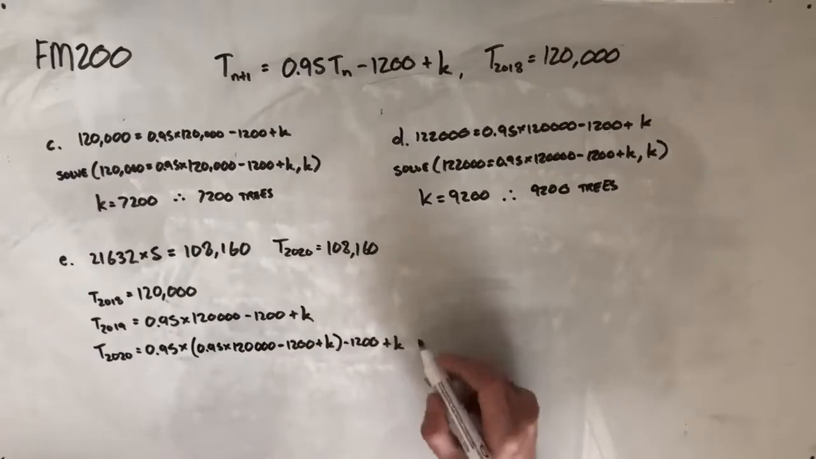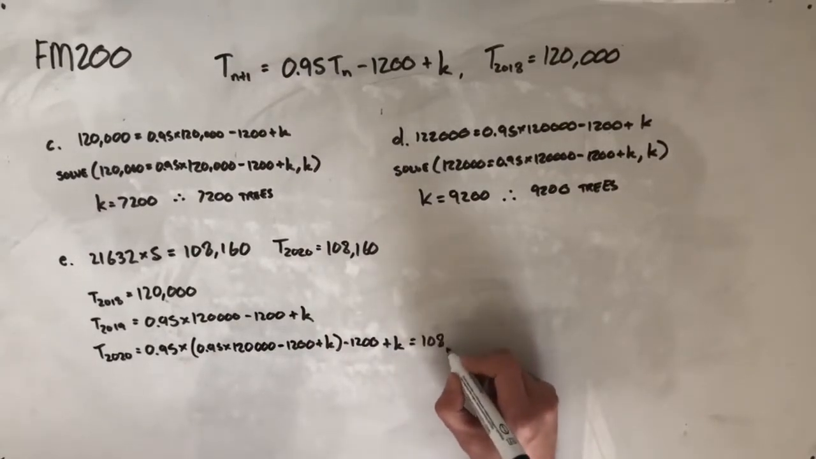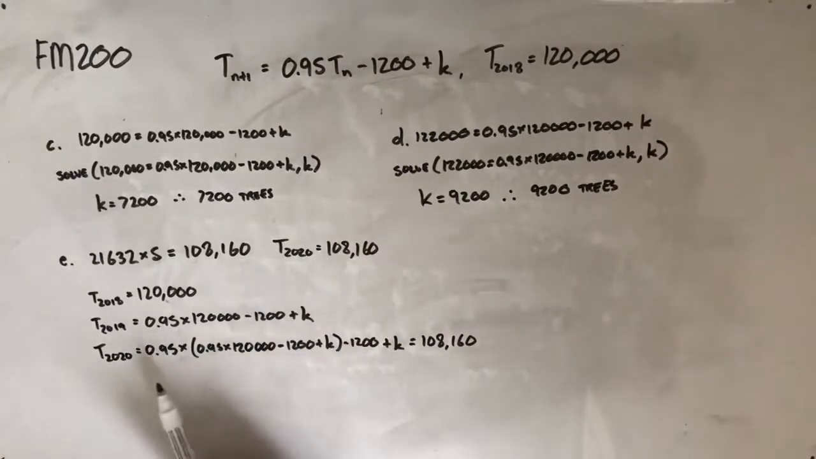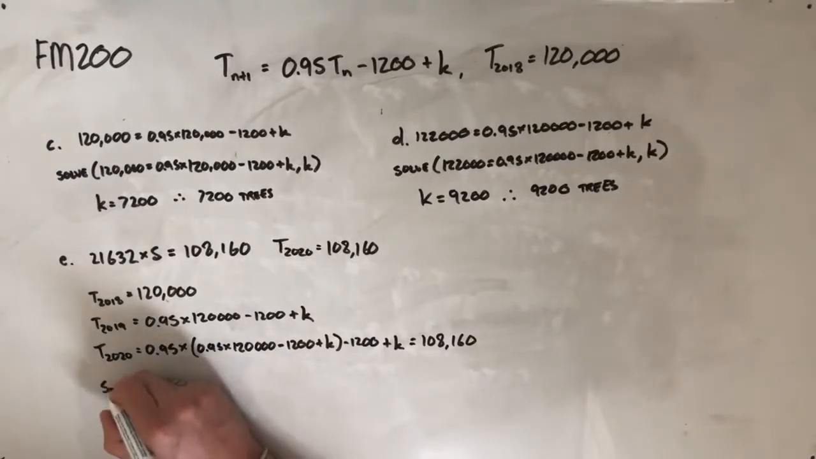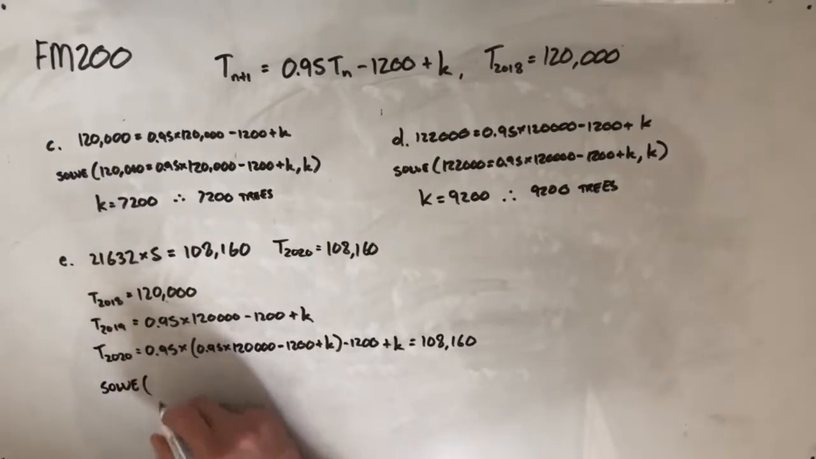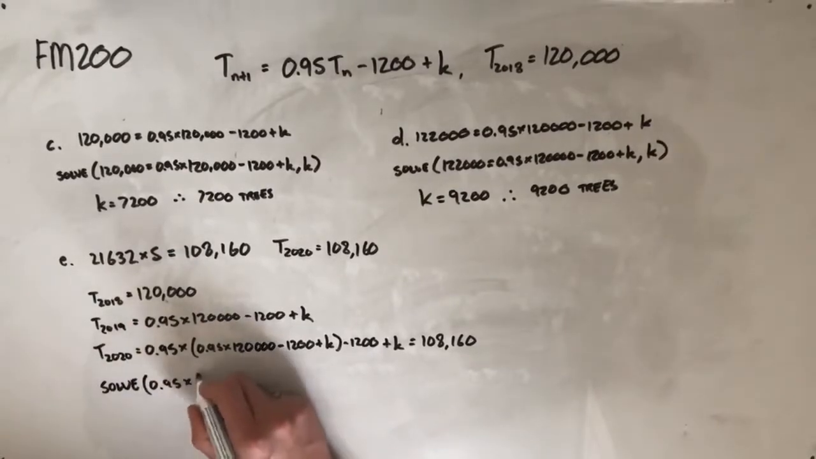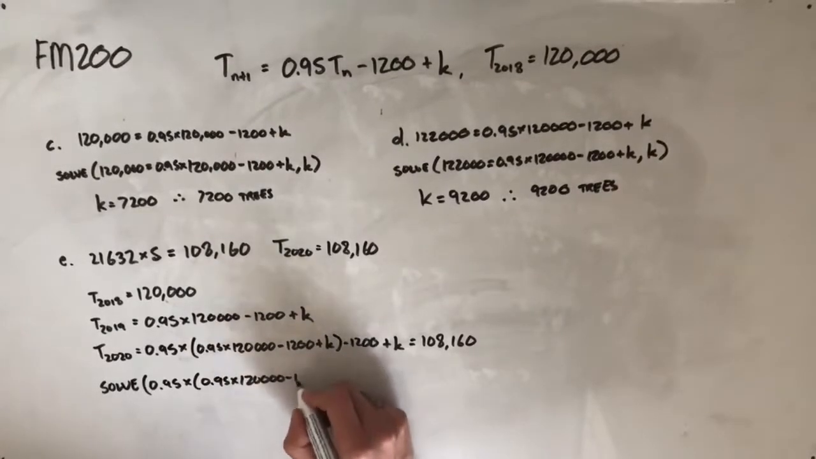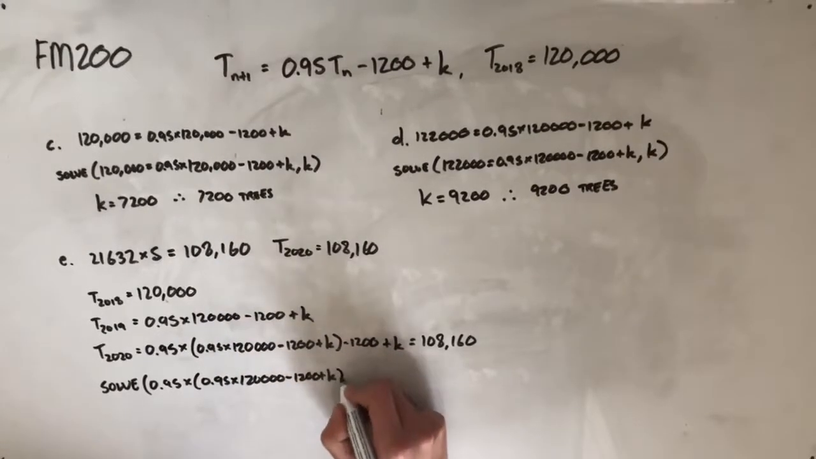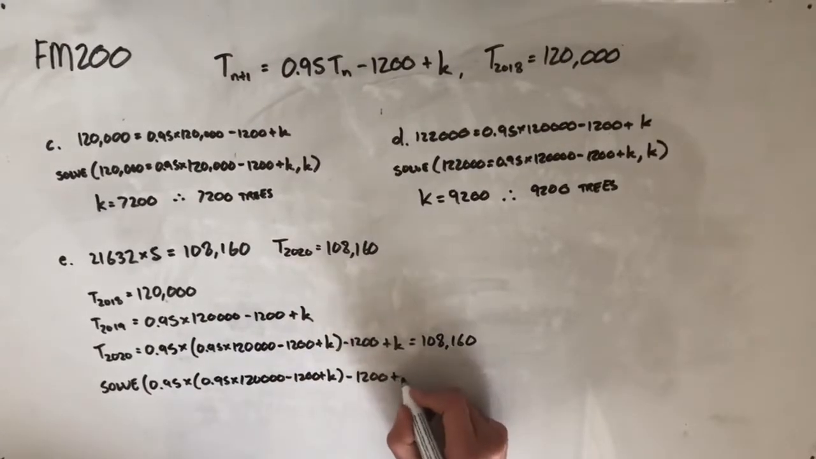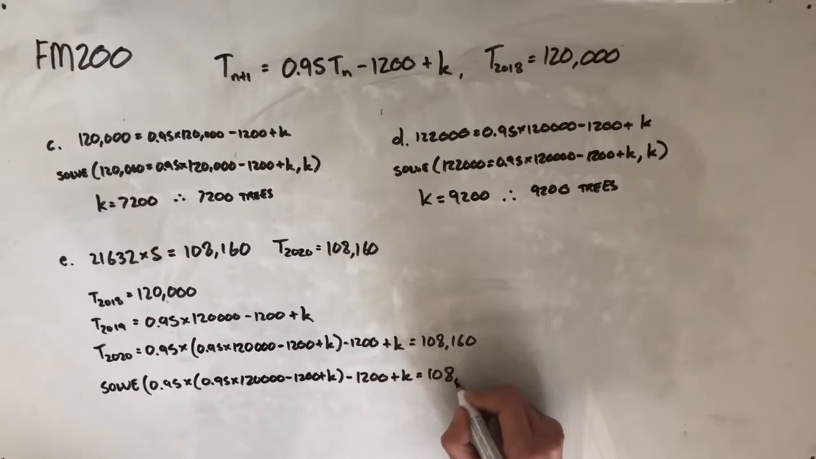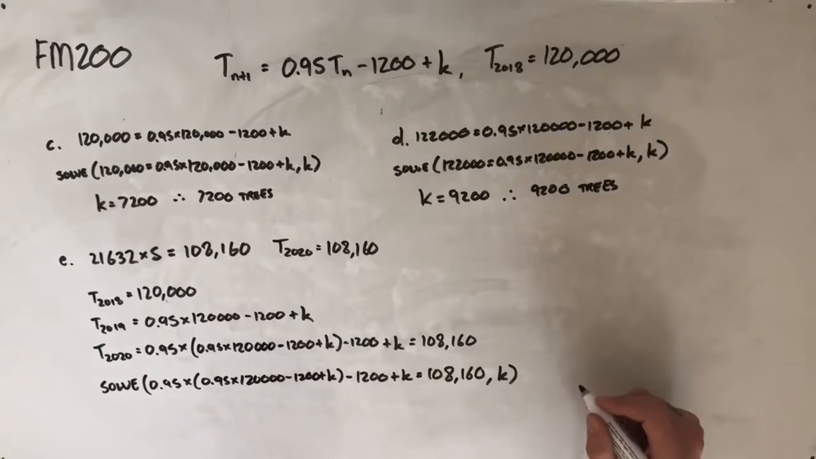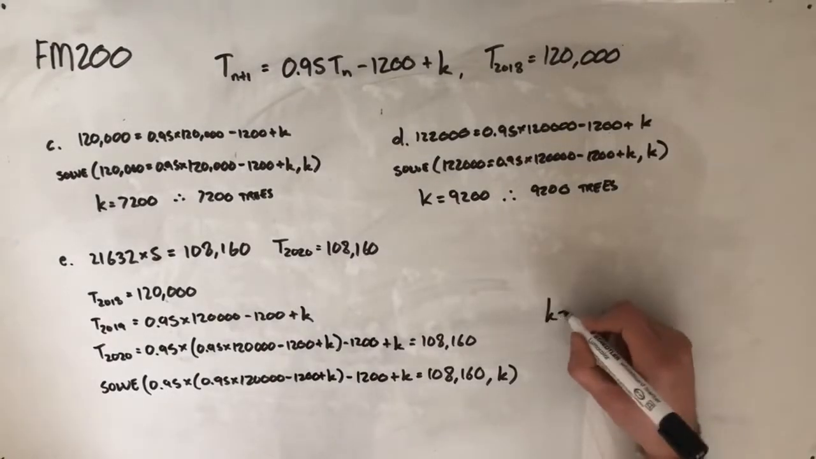And we know that 2020 should also equal 108,160 if we are in fact to have the minimum number of trees required. This is a fairly long equation, but if we whack that into solve, so if we solve 0.95 times 0.95 times 120,000 minus 1,200 plus k minus 1,200 plus k equals 108,160, and we're solving for k, whacking that into a calculator, we should get an answer of k equals